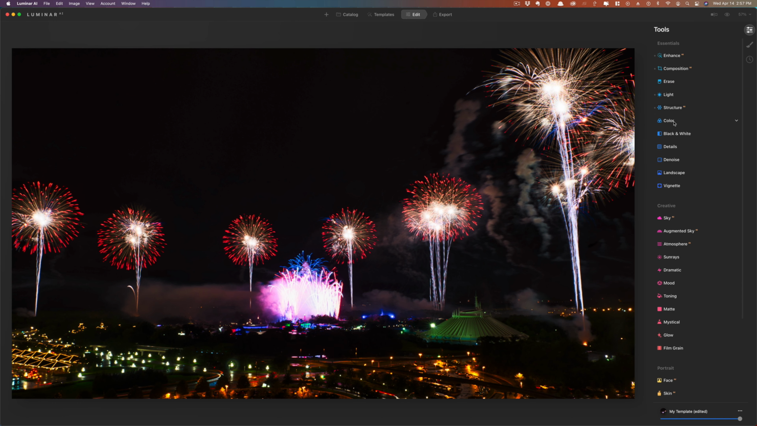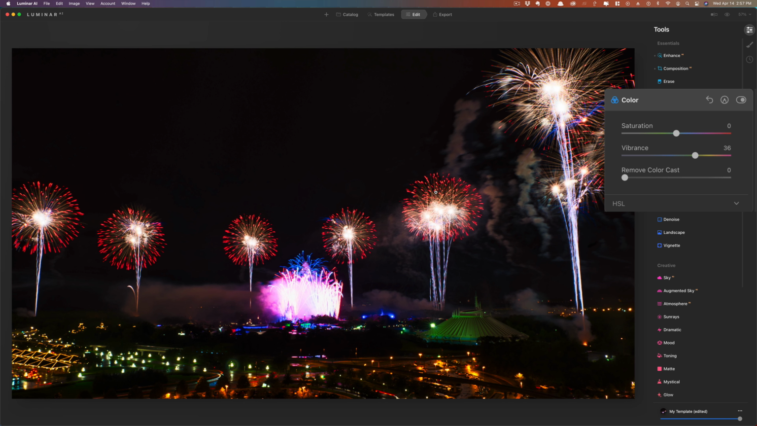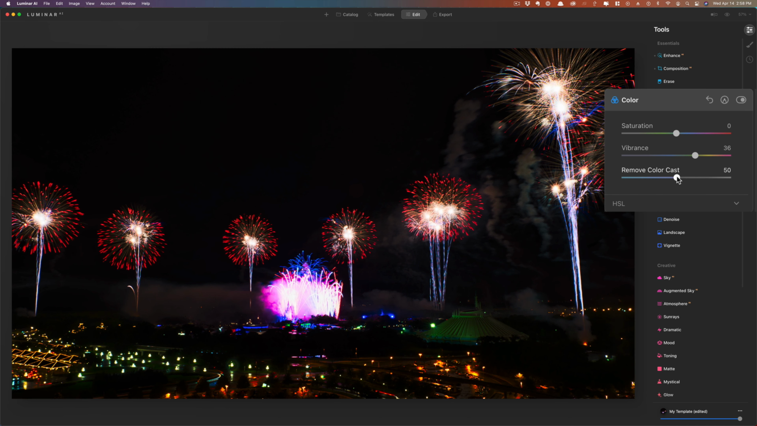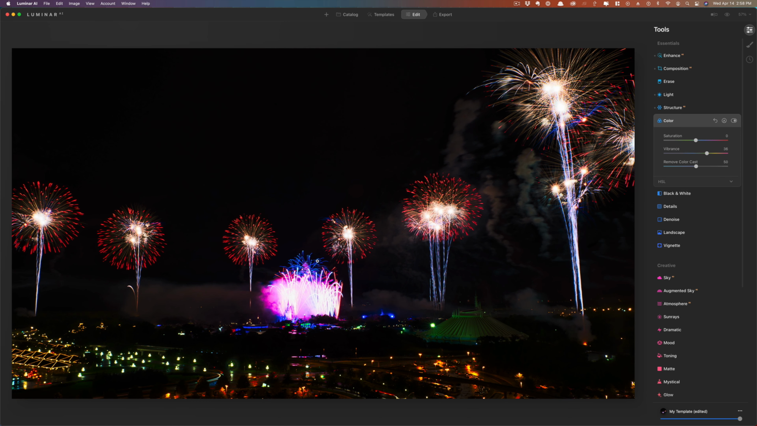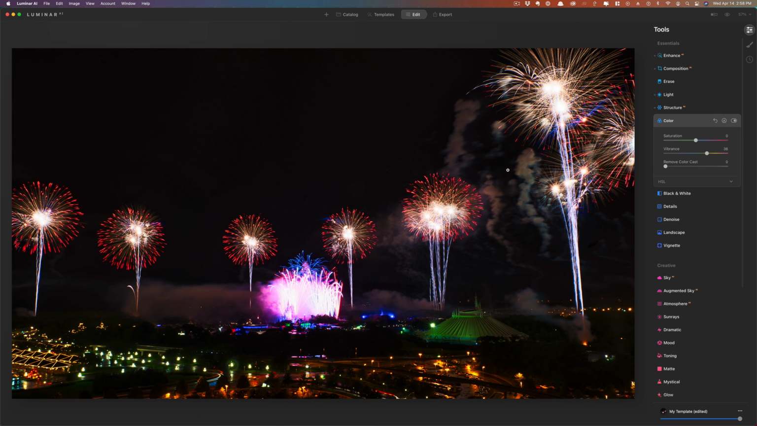Next, I'm going to come over here to color, and I want to bring up the vibrance. And again, that's just kind of adding a bit more to these colors. I don't want to remove the color cast because one of the things about fireworks, if you can see all this smoke here, they're explosions, their fireworks are going off. So when you start changing that color cast, let's just bring this up halfway, you pull away a lot of that smoke and haze, but you also pull a lot of the color out of your fireworks. So just kind of accept that the smoke and haze is part of your story,